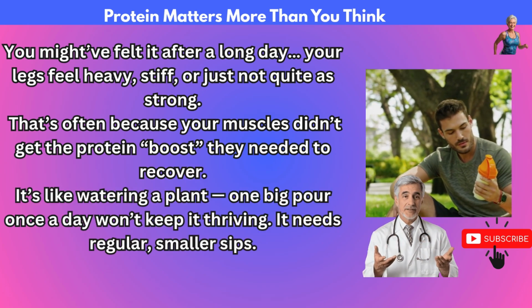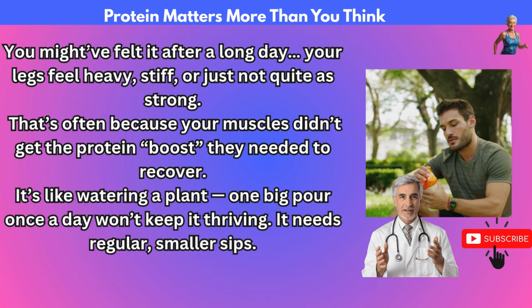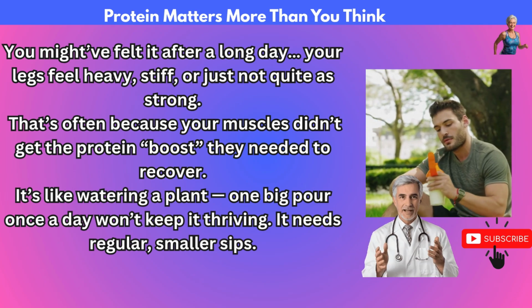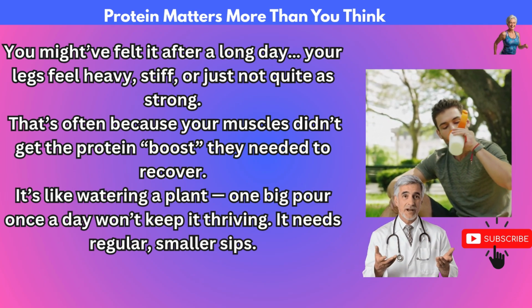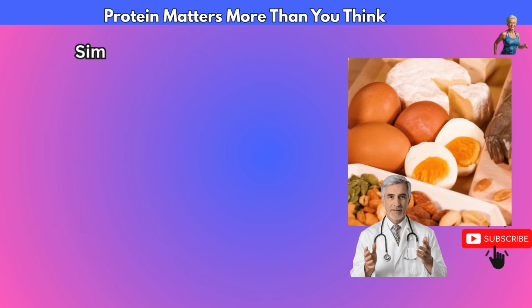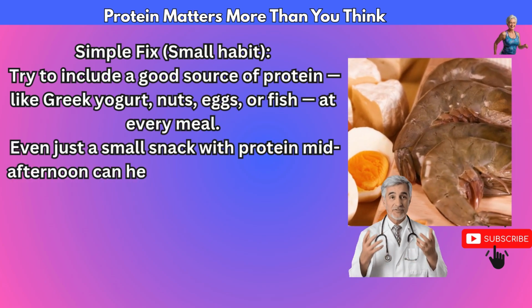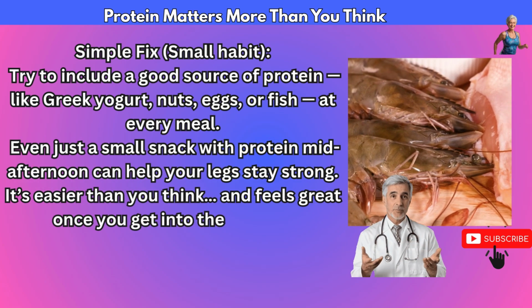That's often because your muscles didn't get the protein boost they needed to recover. It's like watering a plant. One big pour once a day won't keep it thriving. It needs regular, smaller sips. Simple fix, small habit. Try to include a good source of protein, like Greek yogurt, nuts, eggs, or fish at